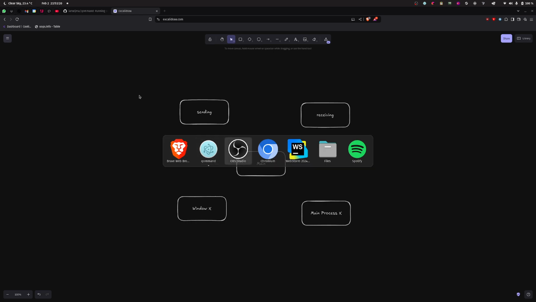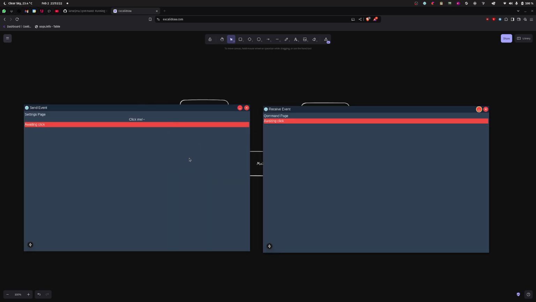Okay. So the solution I came up with is cross-process and window event buses. If you look at this, if you click this button, you see this thing lights up on both sides. There are ways to do it within Electron quite easily, but the solution I came up with, I think, is